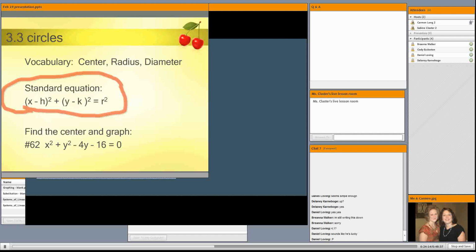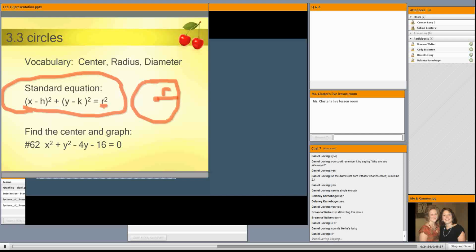Let's say this is my very pitiful circle. The radius is from the center out. And don't get that confused with the diameter, right? The diameter goes all the way across and through the center. And I know everybody knows that, but sometimes, you know, it's